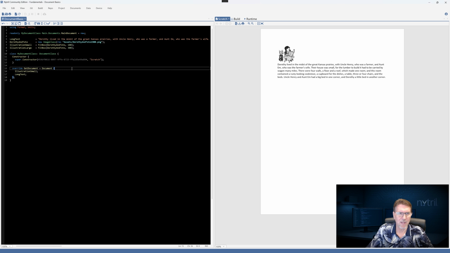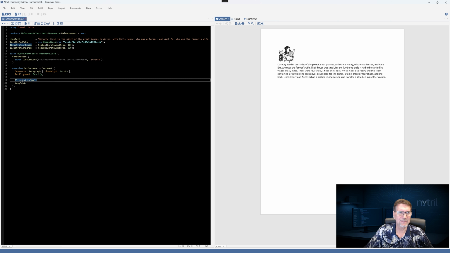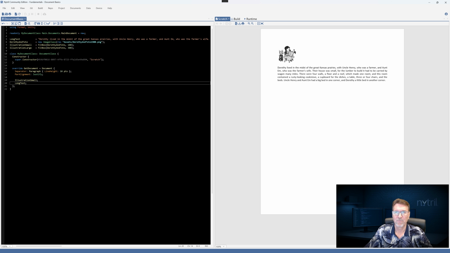So we're going to apply a couple of formatting properties here. We're going to add a separator. We're going to tell it to separate each of these elements by a paragraph with a line height of 10 points. And we're going to justify any text full. So we're going to go ahead and press F5. And there we go. We got fully justified text and we're spaced out. So that is a document behaving in a block-like format.